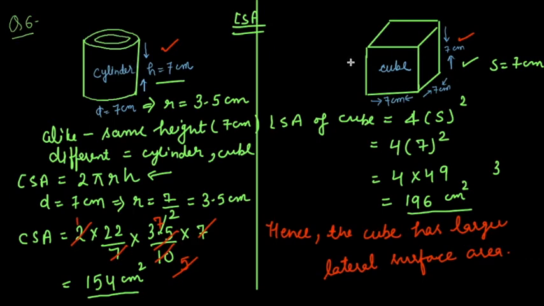Then the third part was which figure is having larger lateral surface area. So we know that CSA of cylinder is 2 pi RH and for cube it is 4 side square. So we have directly placed the values and we can clearly see the cube has larger lateral surface area. Now question number 7 of this exercise. Let's see the next question. Question number 7 is a closed cylindrical tank of radius